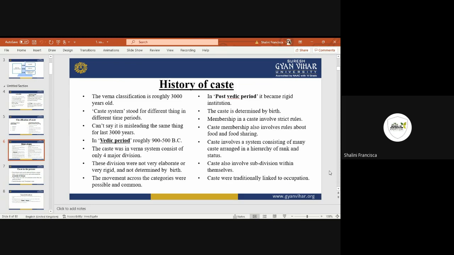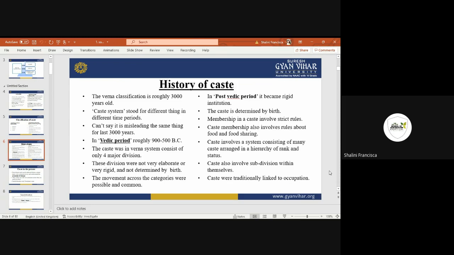If you talk about the kingship, if a king has a minister, and his minister's son is in the army, or the chief of the army, like Senapati, then he was not a Kshatriya, or the minister was not of the upper caste like Brahmin. So in one family, there could be different people belonging to different castes. Like the father is from the higher caste, the son may be from the Kshatriya caste.